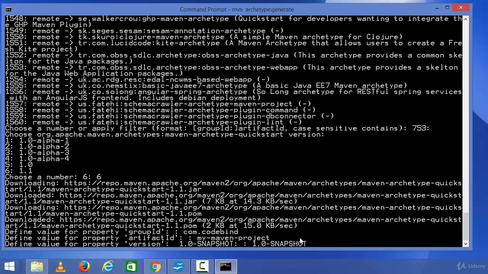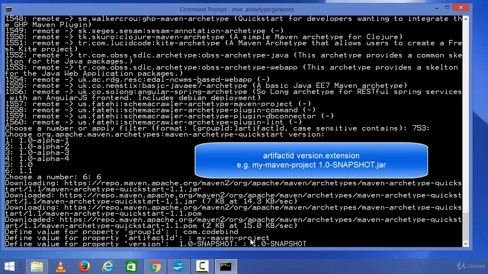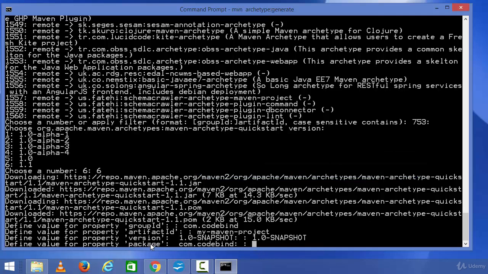Now whenever you build your project, you can generate a jar file or a war file for your project, and the jar or war file name will be this name, which is artifact ID dot your version name. So artifact ID is my Maven project dot 1.0 minus snapshot, and then the extension, for example, dot jar. So press enter, and now it's going to ask you for the package,